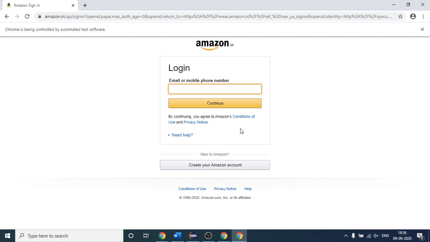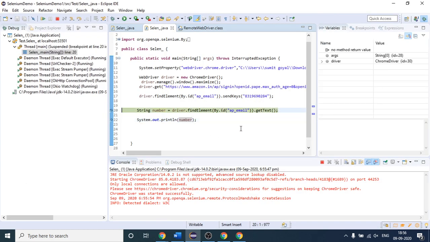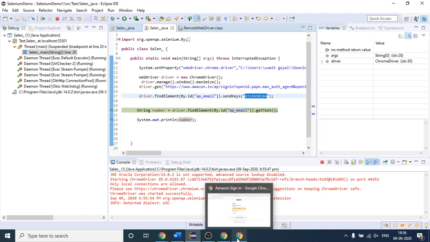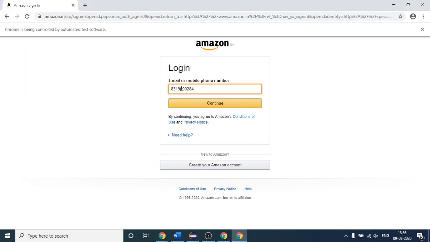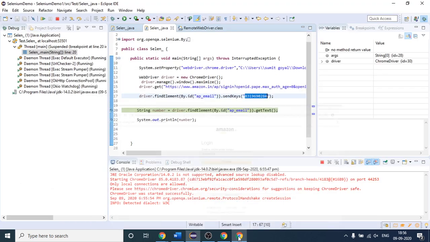So this step is executed, and the number will already be present in the text box. This is the last browser, so you can see the number is entered. After that, I am again finding where my text box is present. This line tells where my text box is, and I am saying get me the text present inside the text box. Text in the sense this number.